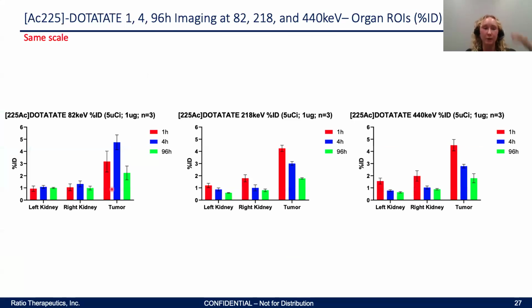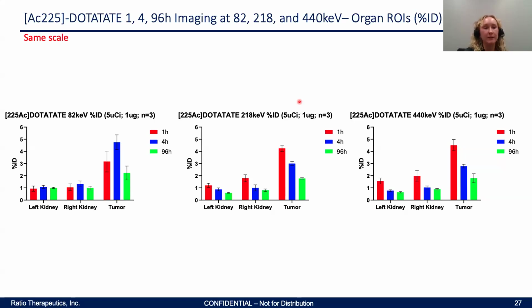So now we're going to look a bit at some organ ROIs that were drawn around the kidneys and also the tumor from those images we just looked at. Going from left to right, we have 82 keV, 218 keV, and 440 keV % ID graphs for the kidneys and the tumor. The kidneys here, across all three isotopes, or three peak settings, were pretty low, consistently